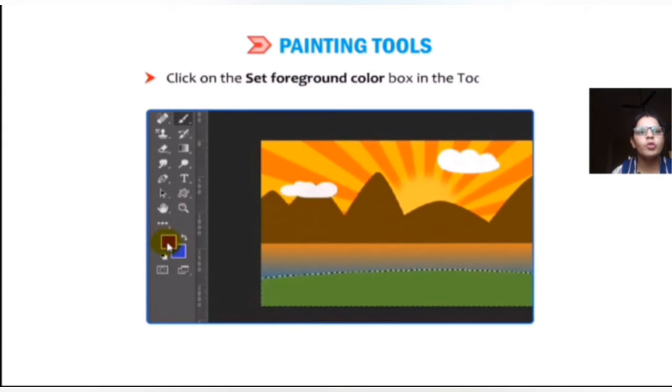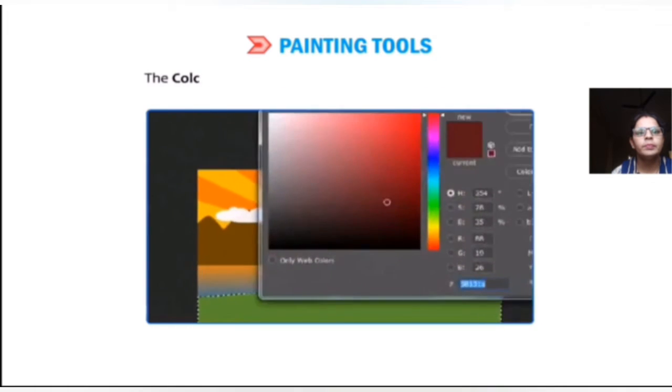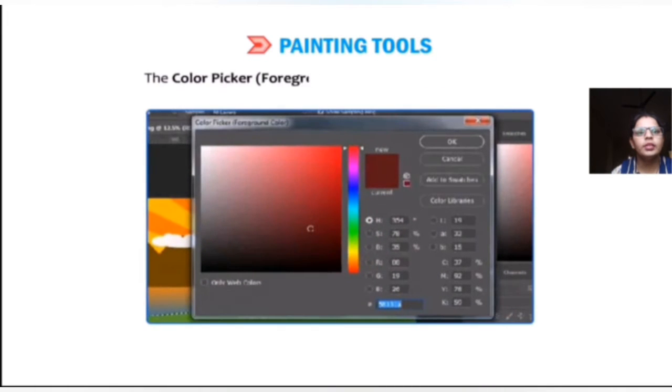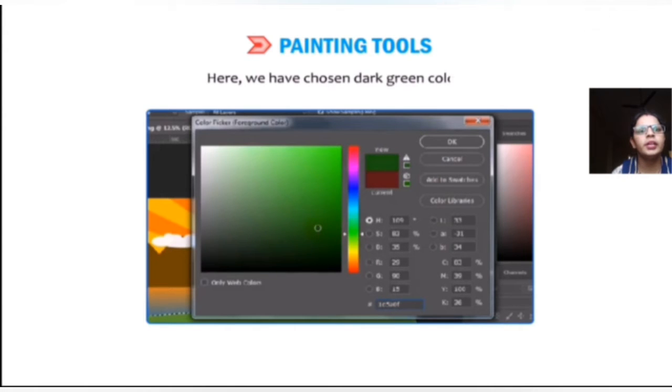Click the set foreground color box in the tool panel. The Color Picker foreground color dialog box will appear. Set the green color. Select the desired color. Here we have chosen dark green color.